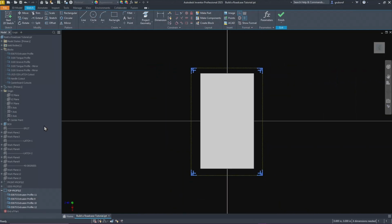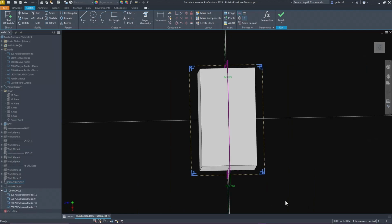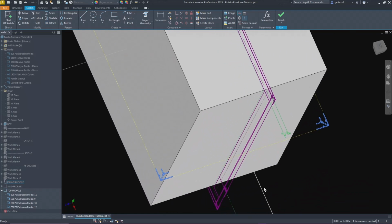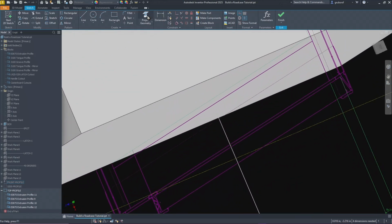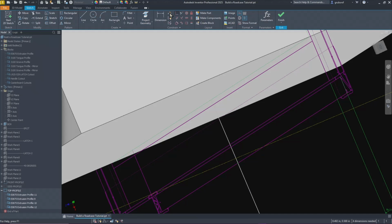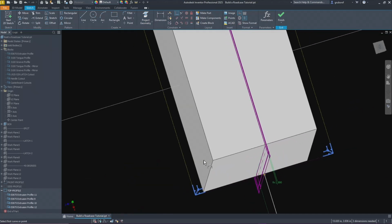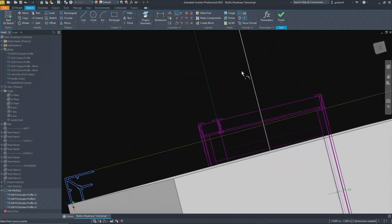So let's turn on our profile here. Make this visible. And for this, I'm going to control this here. So I'm going to do a projection of this line. And then I'm going to constrain that middle to middle. There we go. Same thing on this. I'm going to do,